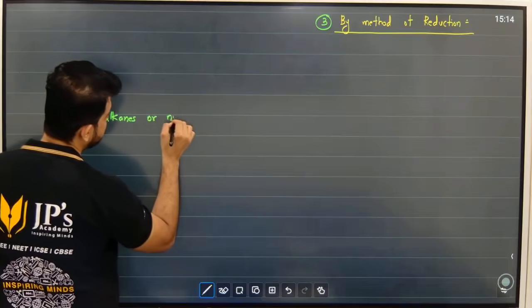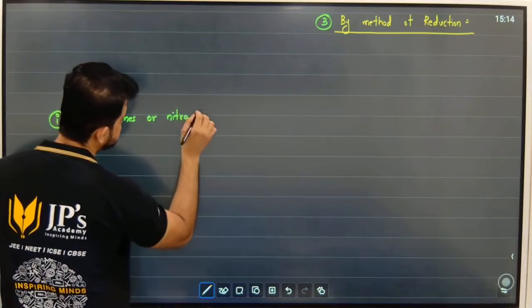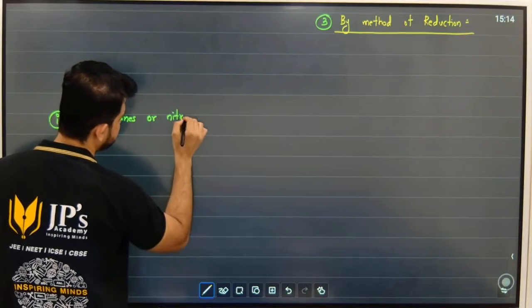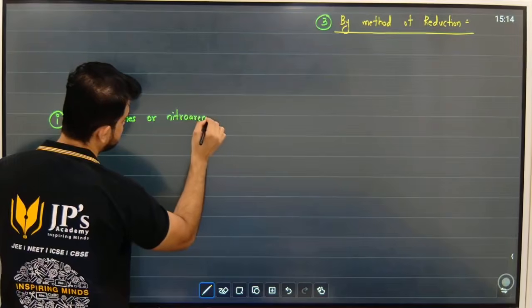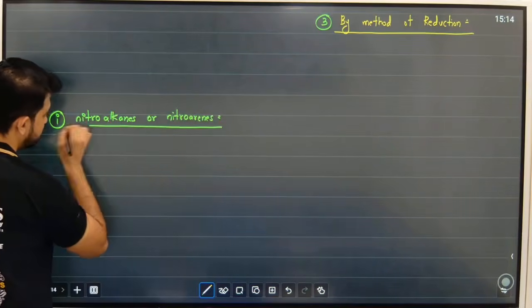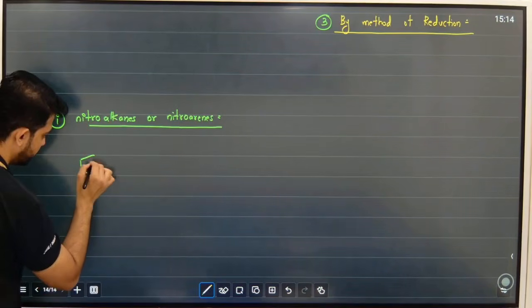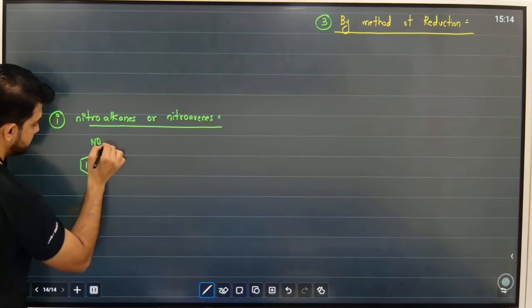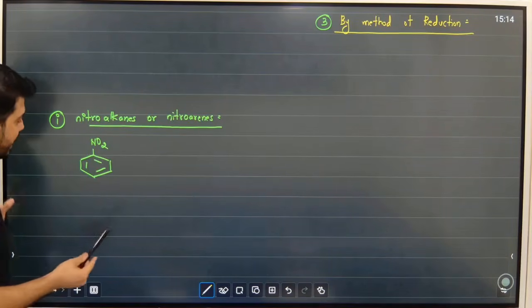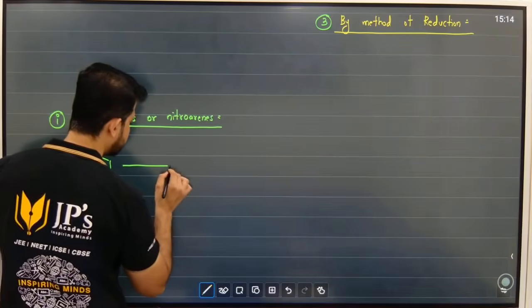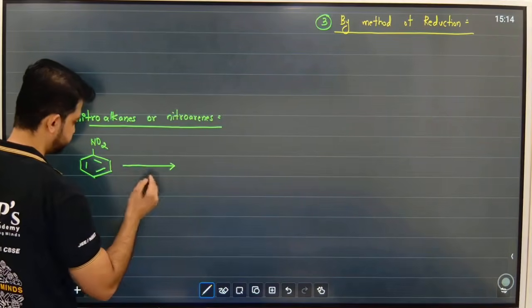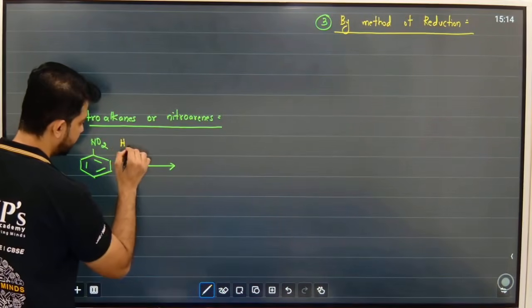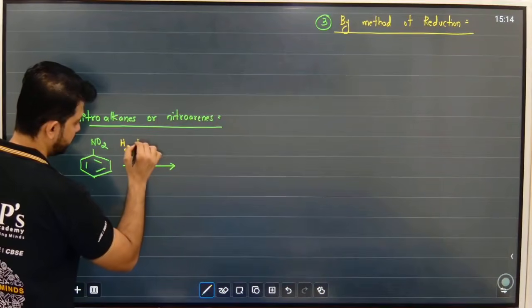or nitroarenes. So what are nitroarenes? We have, students, let's say nitrobenzene, and if we reduce it using catalytic reduction using nickel,